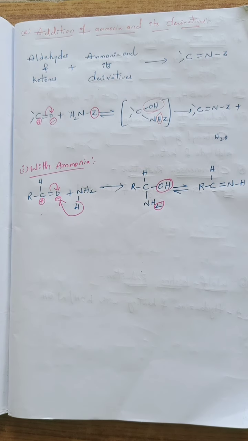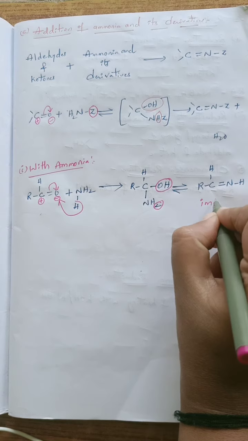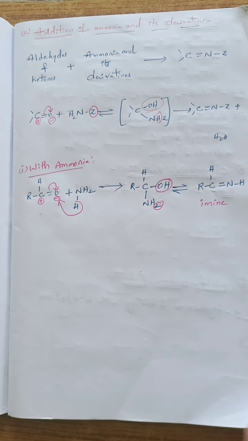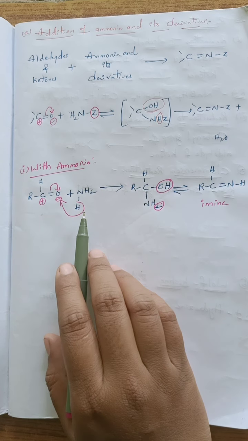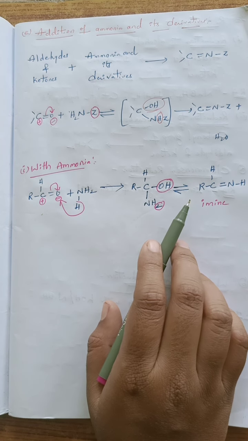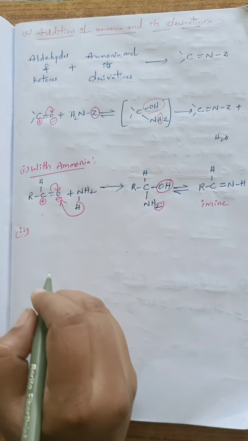That's it. A compound is obtained. This is known as imine. Okay, that is about the reaction with ammonia. When carbonyl compounds react with ammonia, it can give imine as the final product. Okay, next, the second derivative is with